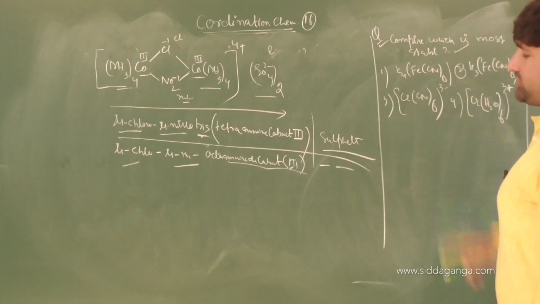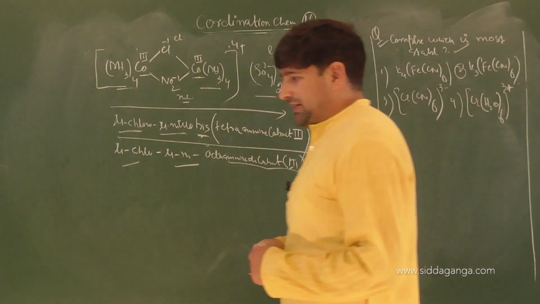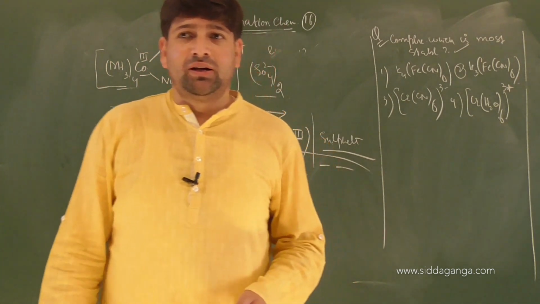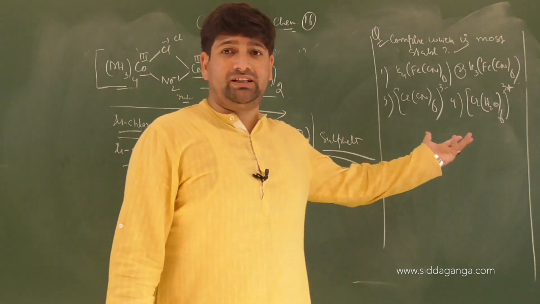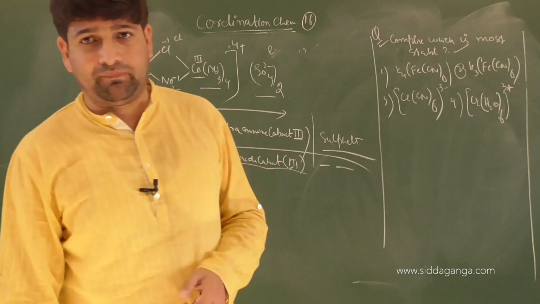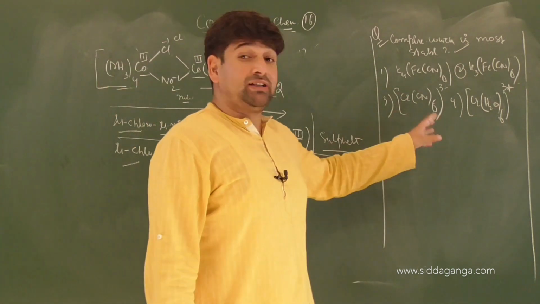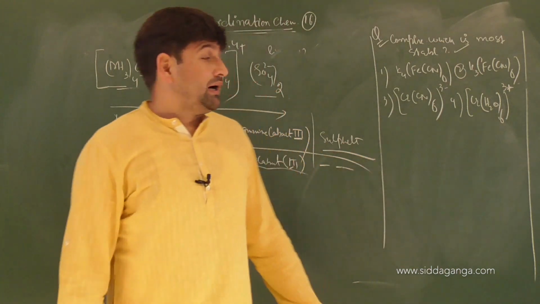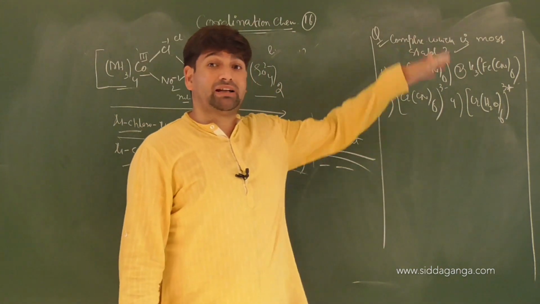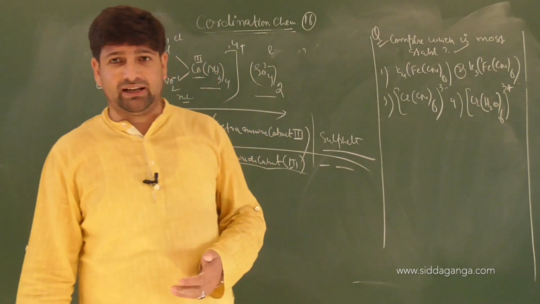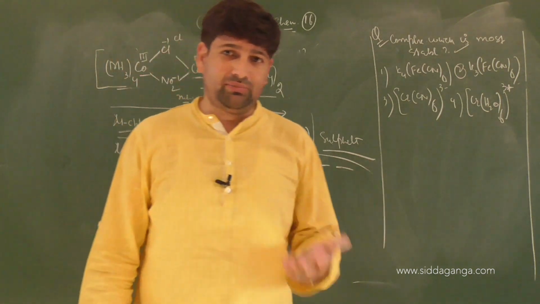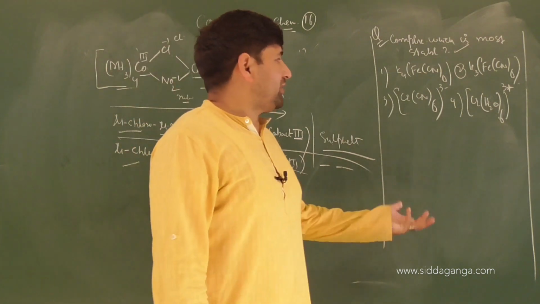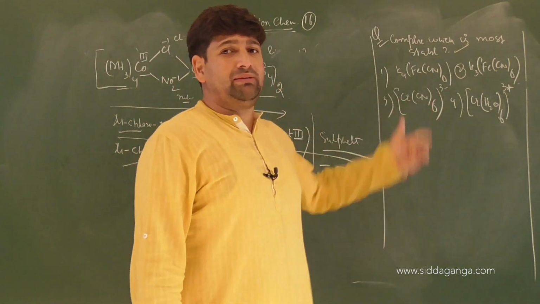Complex which is most stable. When I say complex which is most stable, there are many ways I can talk about this now. I can say the complex with highest CFSE, crystal field stabilization energy. I can say the complex which is very inert, means which is not labile, which doesn't break off easily. I can talk about the complex with high beta value because stability constant is higher, formation constant is higher, stability is more, complex is very difficult to break. So I can talk about a strong field ligand coming into play and making the complex strong.